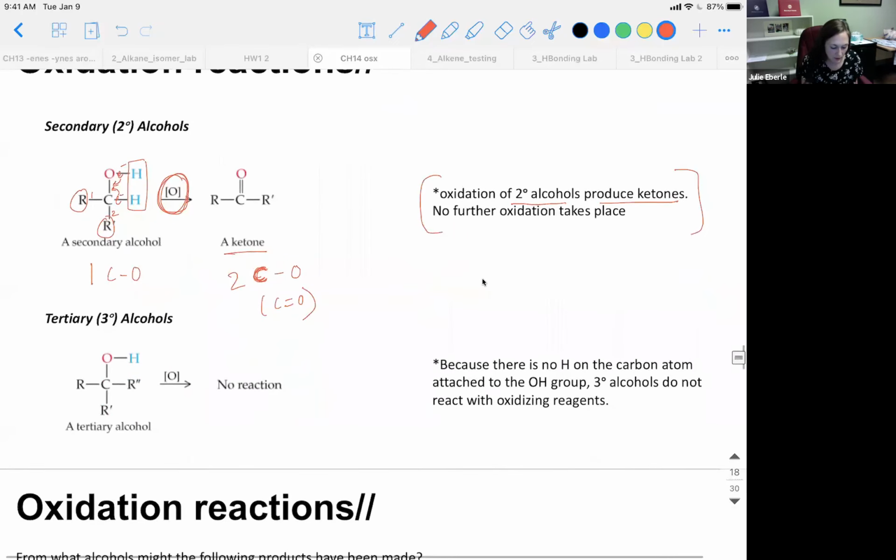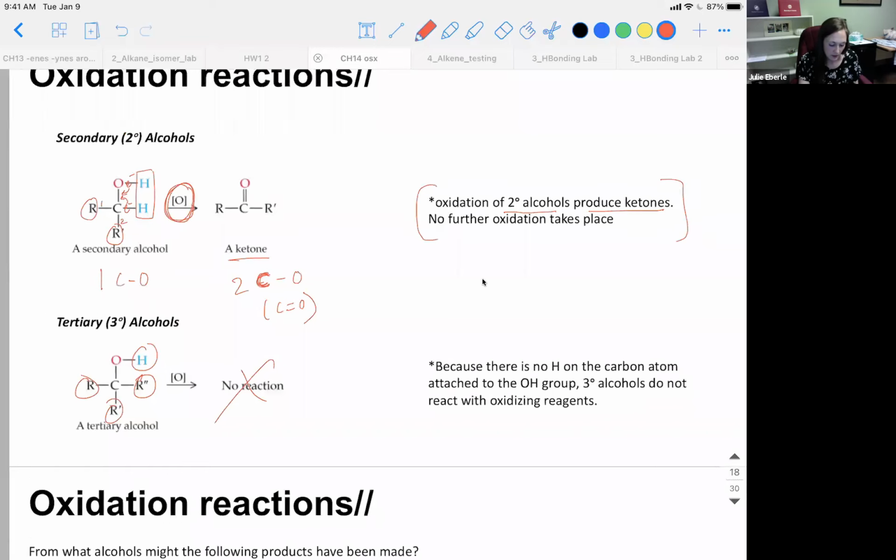Tertiary alcohols, we only have 1 hydrogen. We've got to be able to take 2 hydrogens off. Because we don't have any other hydrogens down here that we can pull off, we don't get a reaction, no reaction. Because there is no hydrogen on the carbon atom attached to the OH group, tertiary alcohols do not react with oxidizing agents. Okay. So, all right, we need to